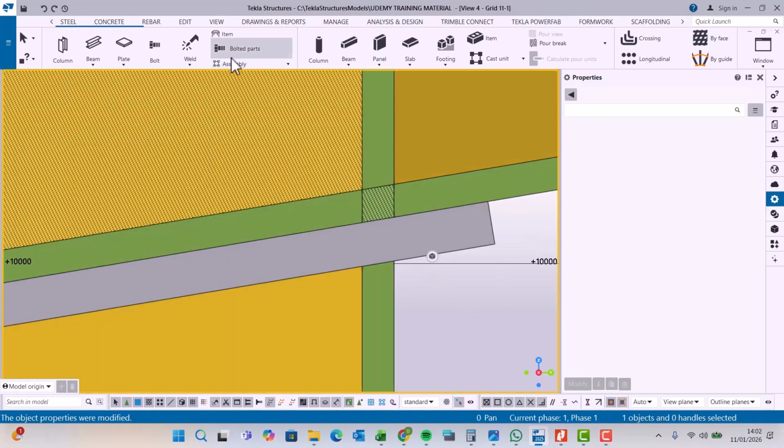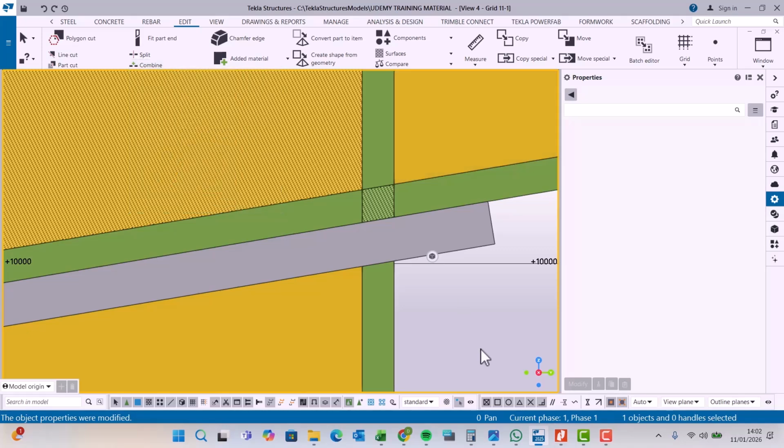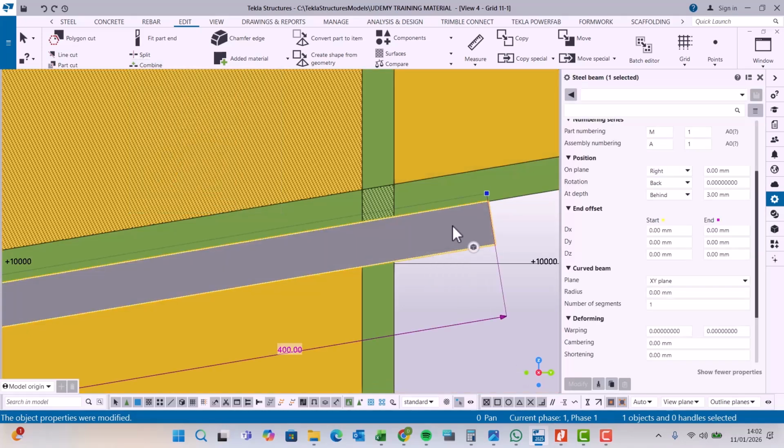The next thing I'm going to do is quite simple. I'm going to trim off part of this. I'll come to edit. I think I've placed the plate, if you've seen how I place the plate. The next thing is just to cut off this part and break it into another part,